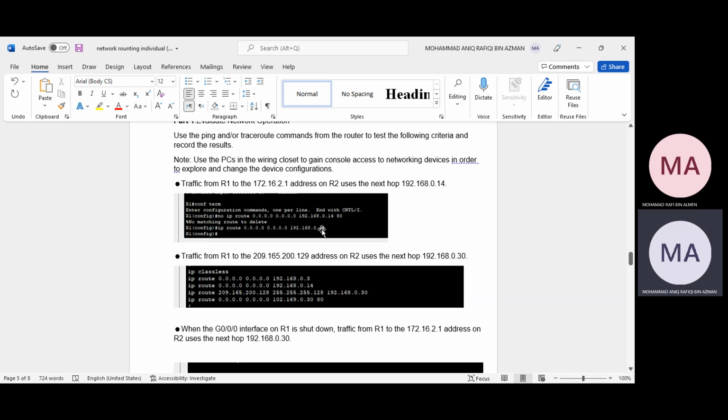We can see here the incorrect address has been removed and the new address added.